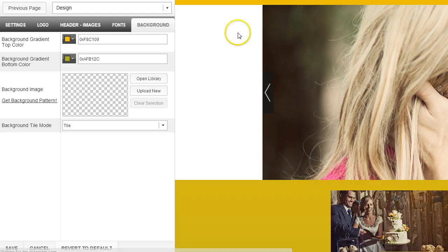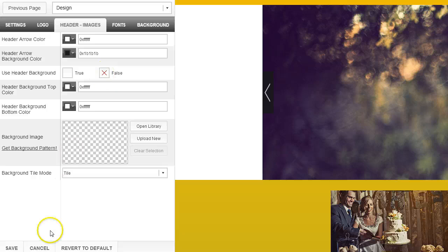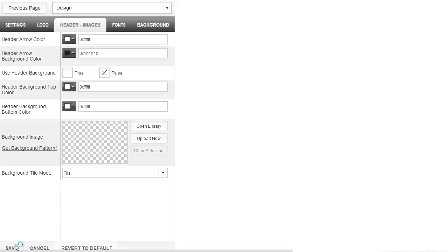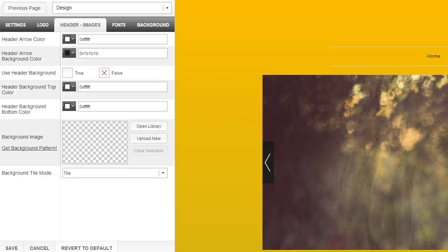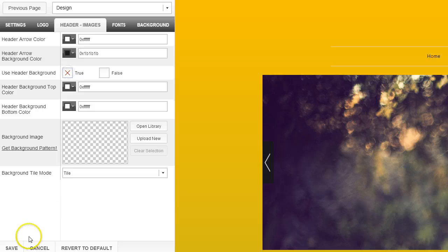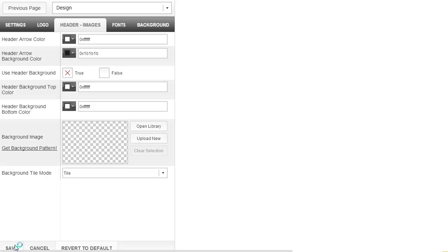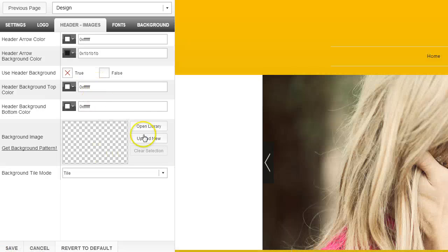And you're going to notice that we still have the white set up before in the header image area. So if I were to mark this to false and click save, it's going to turn that color off, and now that background is going to be able to bleed through. So if I wanted to have some sort of color here, I can go ahead and mark that to true and click save, and it would either add the colors here or it would add some sort of texture that